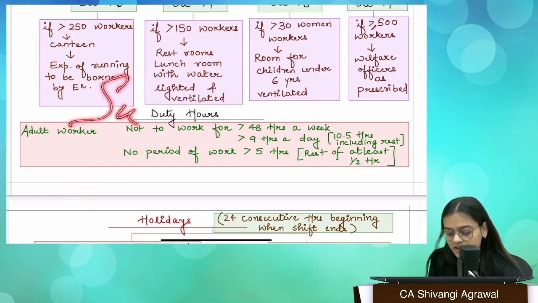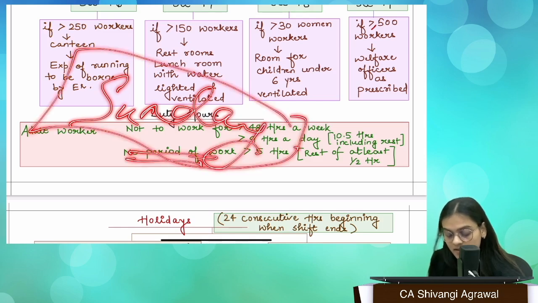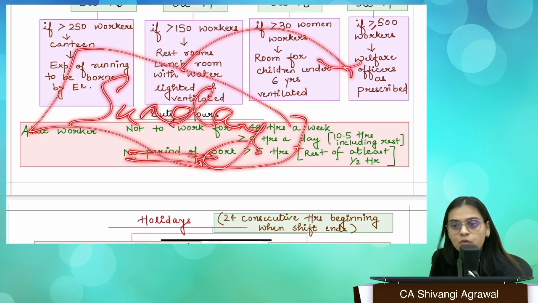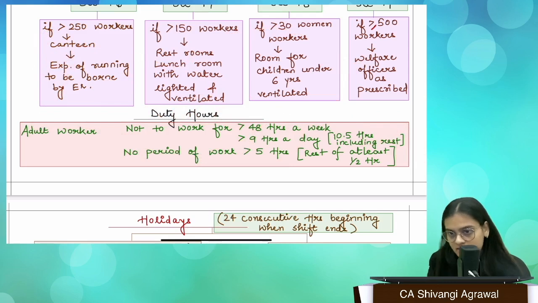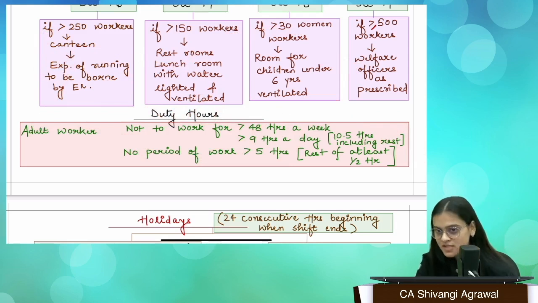If there is a factory which is open on Sunday and doesn't provide a holiday on Sunday, in lieu of that it is going to provide a full day off on any of the 3 days immediately before or after. That means Monday, Tuesday, Wednesday, or Saturday, Friday, Thursday, whatever you may say. So on any other day apart from Sunday, that is how it is going to be provided.